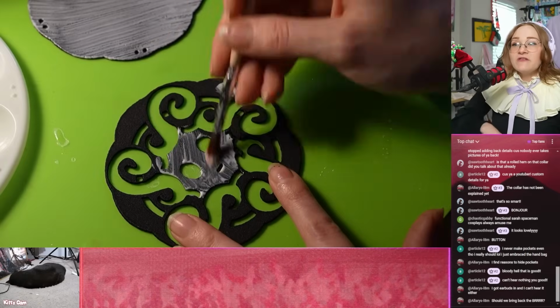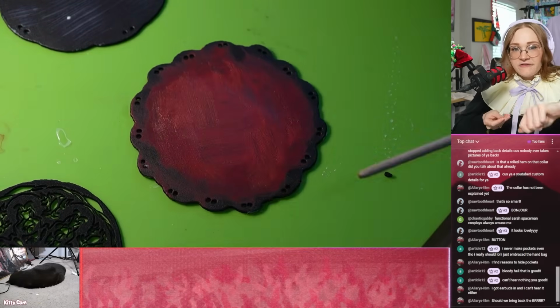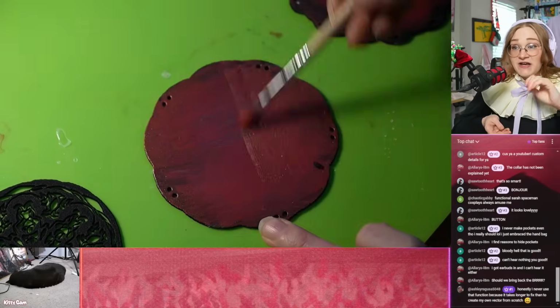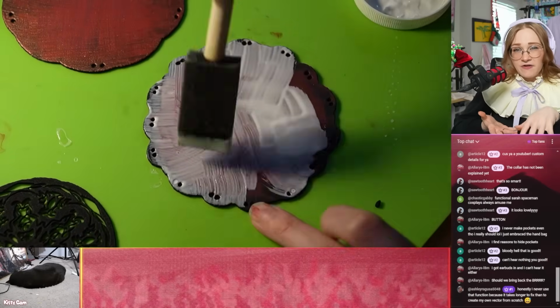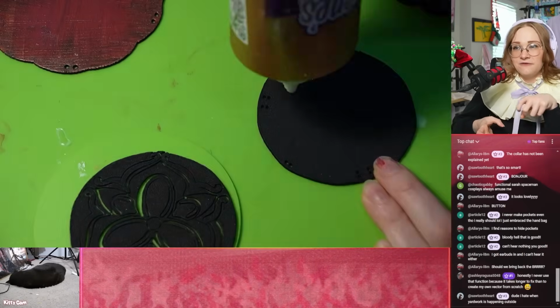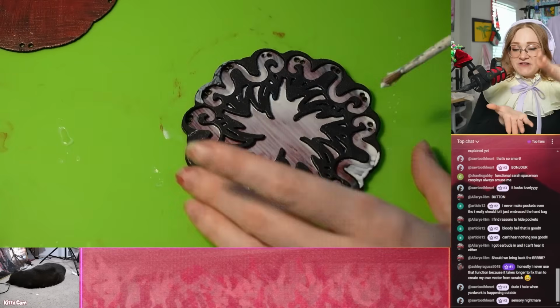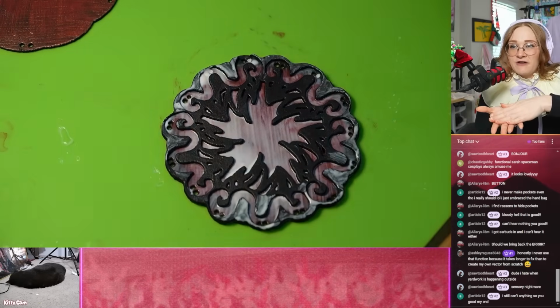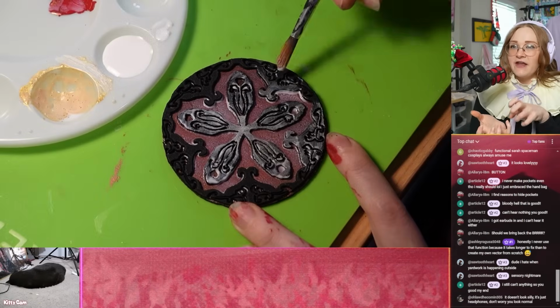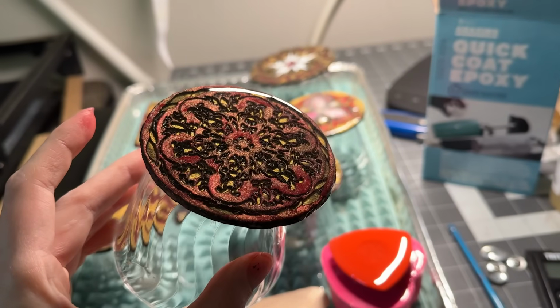So, to put these together, all I really did was do a nice thick coat of Mod Podge. I actually painted the bottom layers first so that I wouldn't have to try and get into those little crevices, and then did a huge thick coat of Mod Podge and just stuck the top layers onto the other ones. And then I actually have done some resin coating on them,